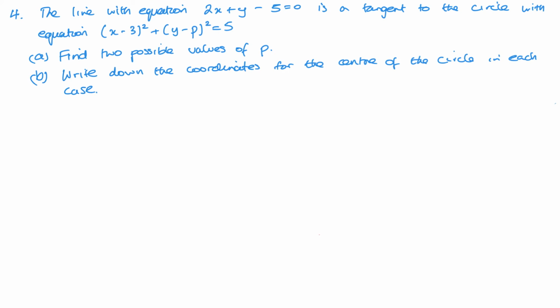Now with this question, if this equation is a tangent to a circle, then we can equate it. So we've got 2x plus y minus 5 equals 0. And we've got the equation x minus 3 squared plus y minus p squared equals 5. Now,